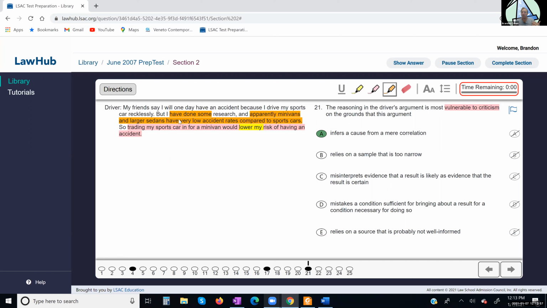Instead, we know there are low accident rates, but this orange statement does not tell us why. There are low rates, great, but why? We don't know. It doesn't mean the minivans are the reason for it. Remember, overlooked options that arise out of correlation cause are huge. There are two in particular. Maybe it's reverse cause and effect. Maybe, instead of minivans leading to lower accident rates, lower accident rates lead to people getting minivans.